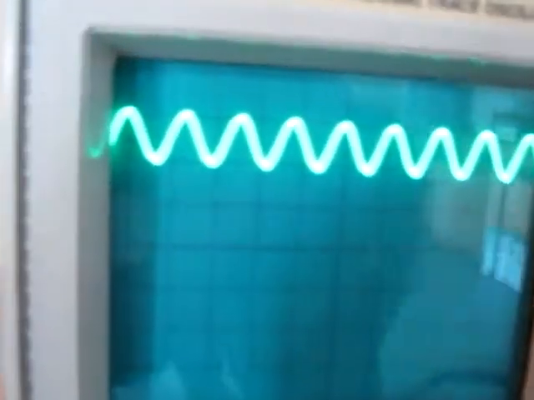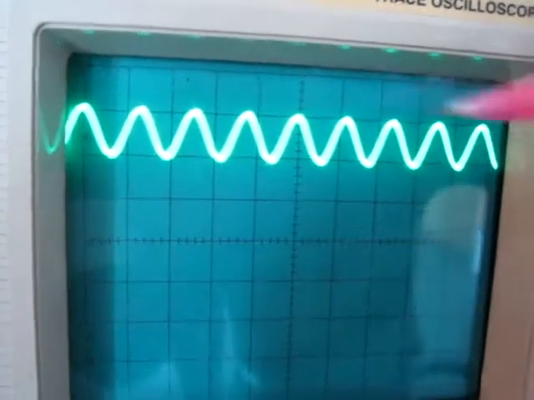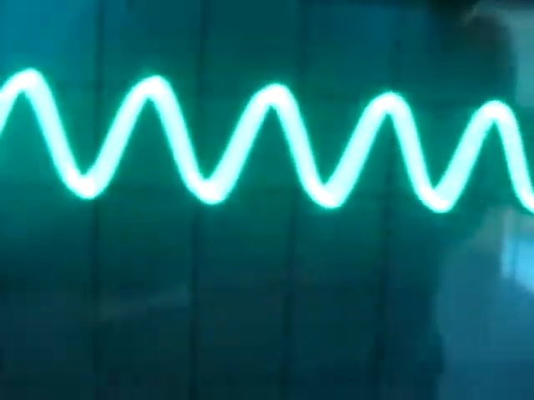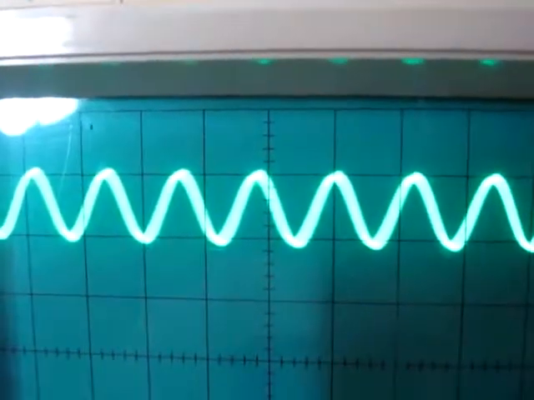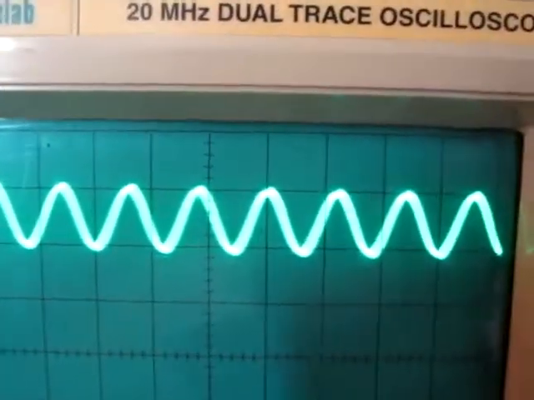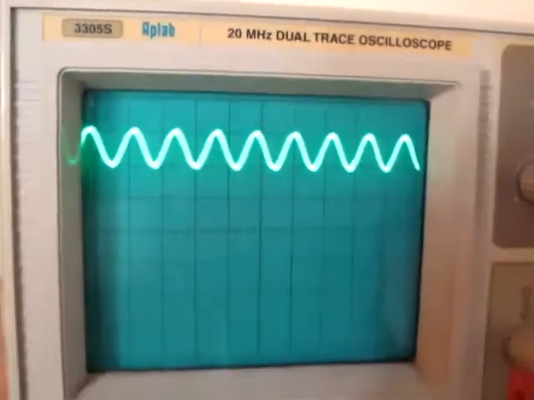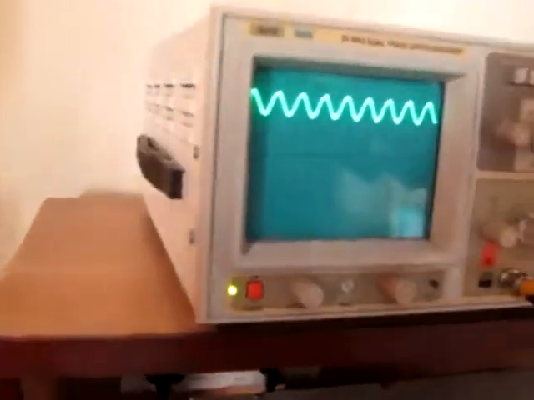You see that some form of phase difference has been introduced between input and the output. Thus, we can infer that as we go for higher frequencies, the phase difference between the input and the output increases. Here it is not perfectly overlapping with the input. Now going for even higher frequencies like 300 kilohertz.